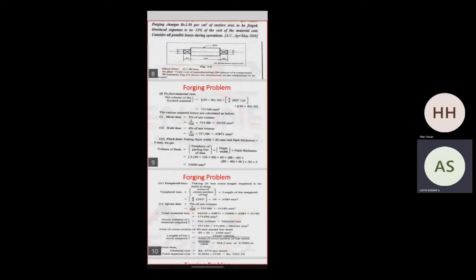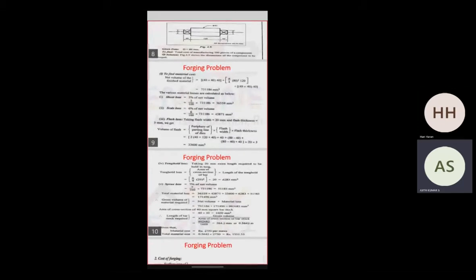So we will get the length of the bar stock required, which is equal to 564.2 millimeter or 0.5642 meter. Given that the material cost is given, to get the total material cost you multiply the length of the bar with the material cost. Total material cost is equal to rupees 1551.55.